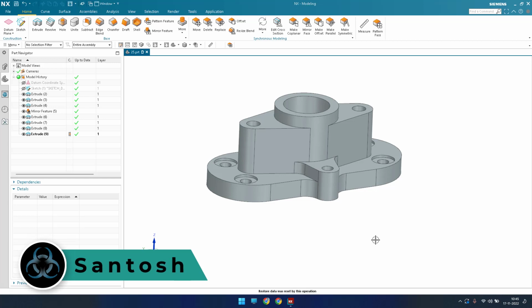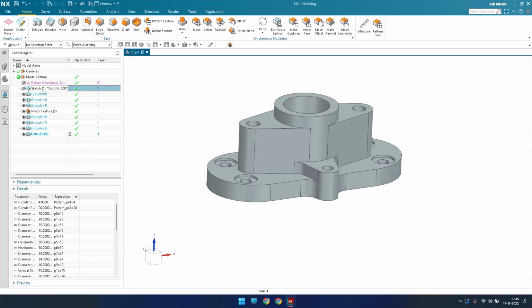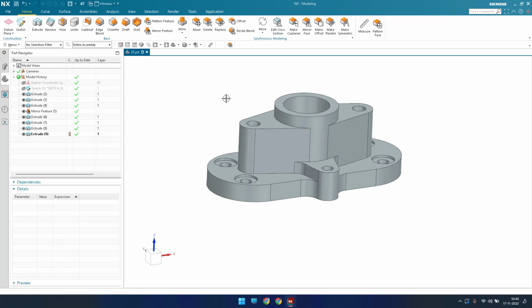In this tutorial we are going to model this particular example, this part, using a single sketch. As you can see here, I have drawn only a single sketch, and using that single sketch I have done this complete model. I will show you how we can do that, and it will be useful for you to create